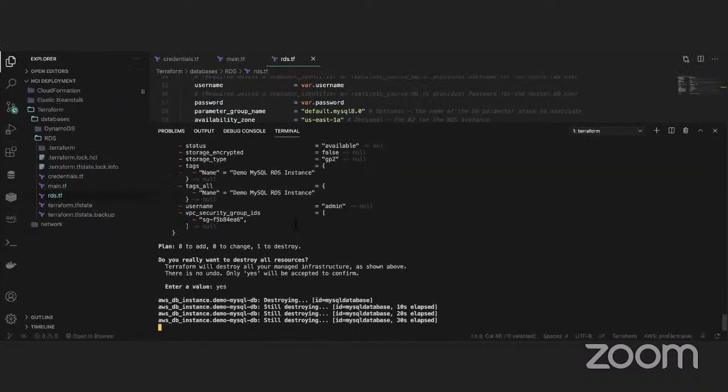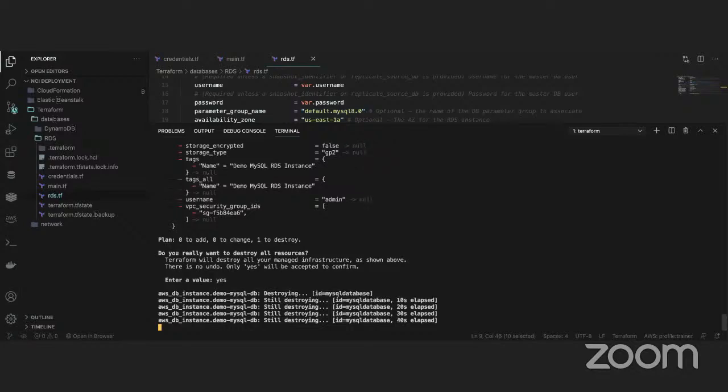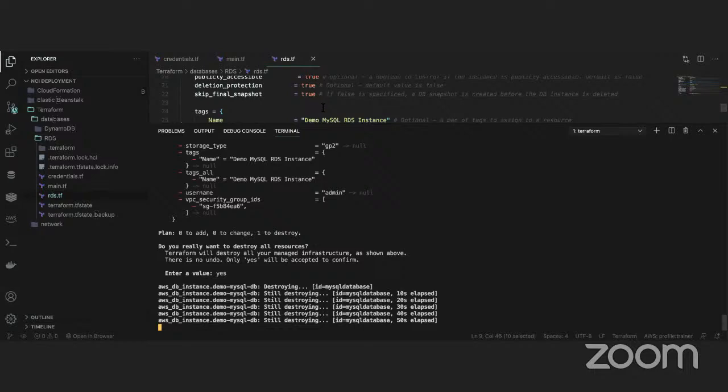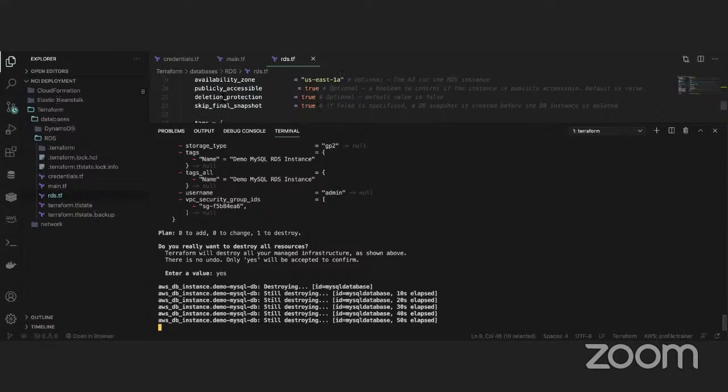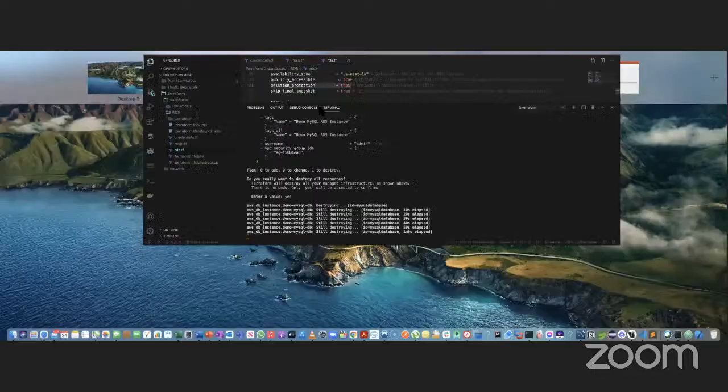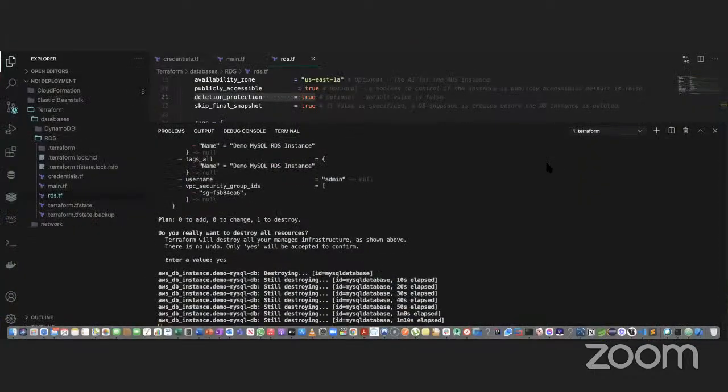So this is how you create a database in Terraform, an RDS instance, a MySQL instance in this case. And this is how you destroy it. But first, remember, if you set deletion protection to true when you created the database, before you delete it you have to disable it, and you have to be the person who created the database, because no one can just come and set this to false. You have to have permission for that. And after you have removed the deletion protection, you can go ahead and